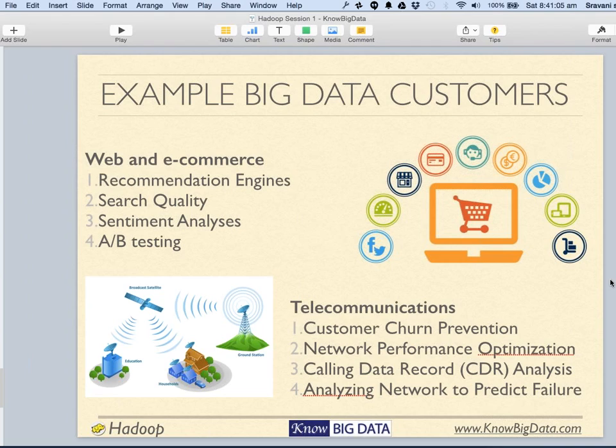Maybe the implementation is wrong, or maybe the hypothesis that green color works is wrong. So basically A/B testing is a platform or tool which helps you run multiple experiments simultaneously in software engineering. A/B testing has been there for quite some time.